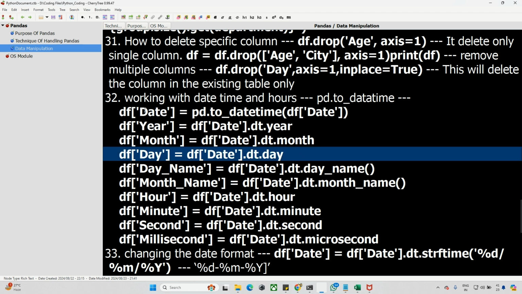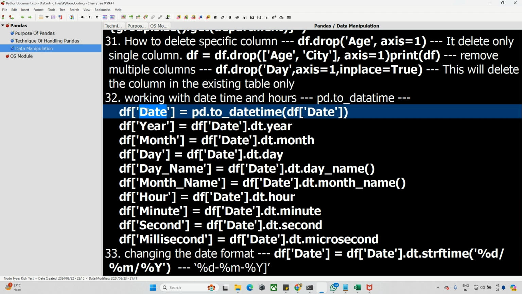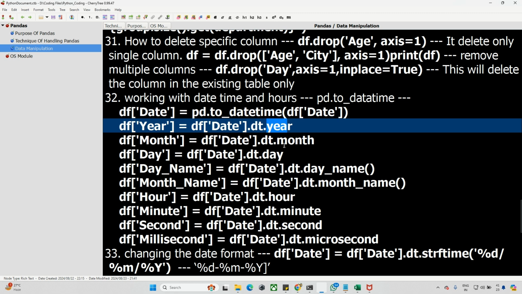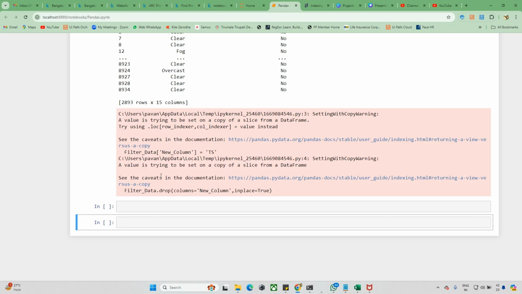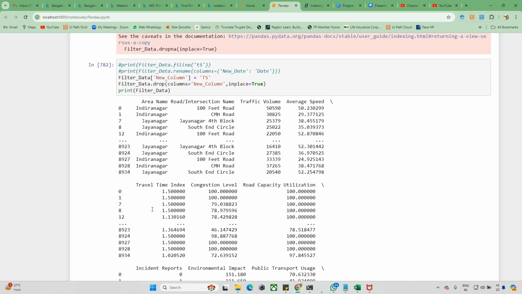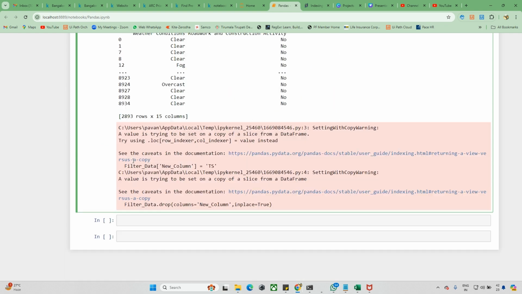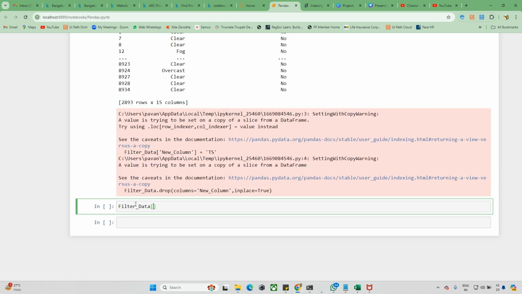So for example, in our data table we have this date. Now I want to work with the date. For example, I want to get the year, month, or the day. So how can we do this? This is just the syntax of that. Where you are targeting, this is the date of this particular table, and change that to datetime of the table. So now we'll change this one. I'm taking this filtered data, just copy this filtered data of my date is equals to